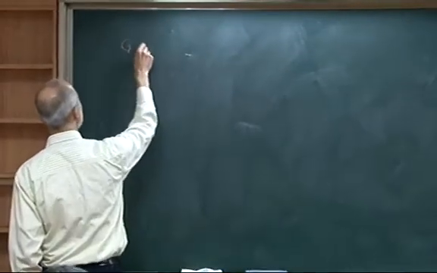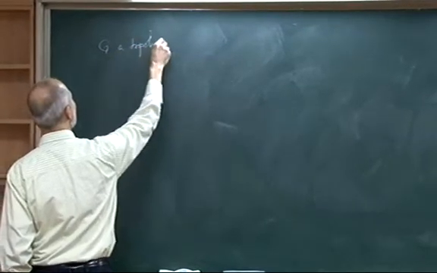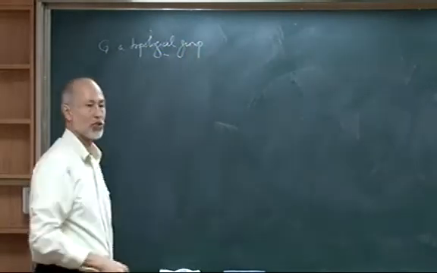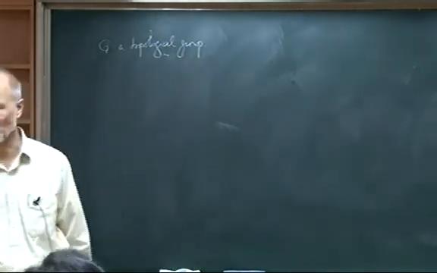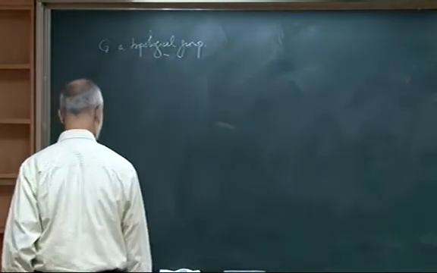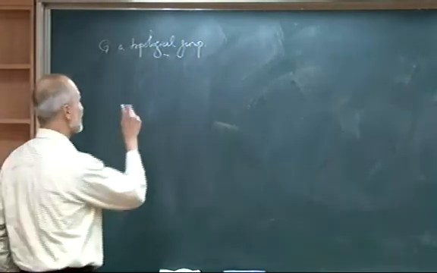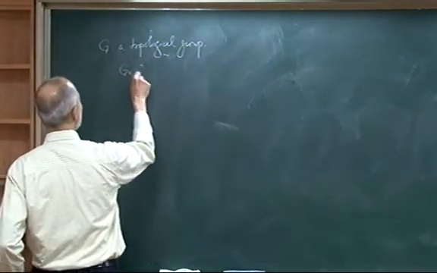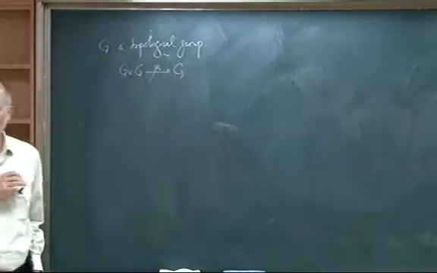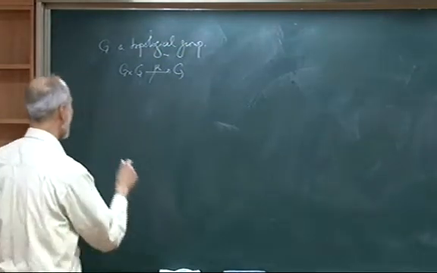So we'll have G be, say, a topological group. And you should just simply think of your favorite topological group. That's really the easiest way to do this. And of course, what I mean by this is that I have some multiplication defined on the group, and furthermore, I have